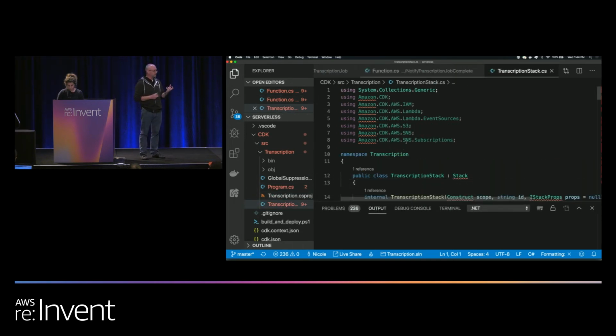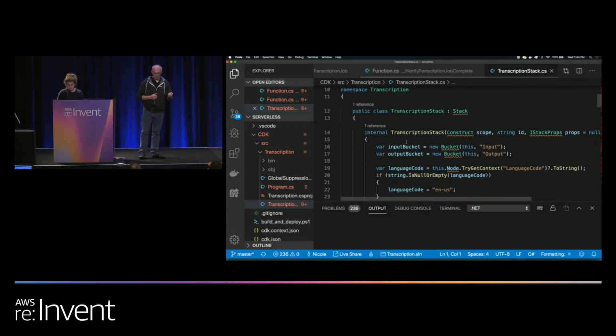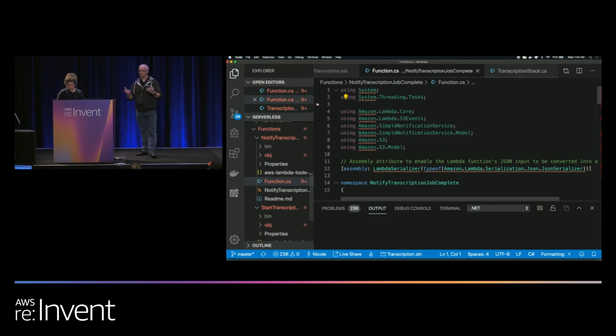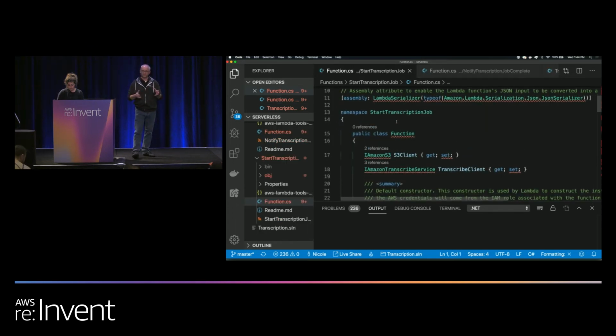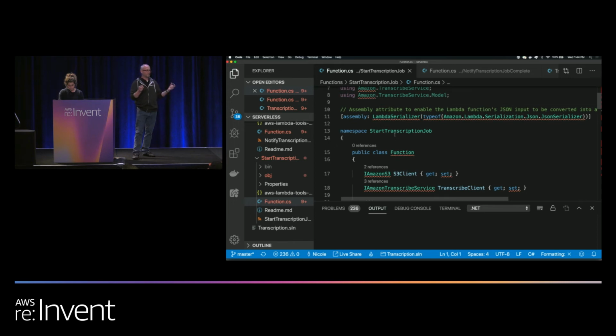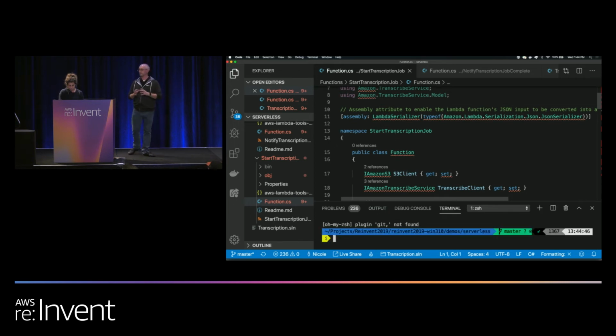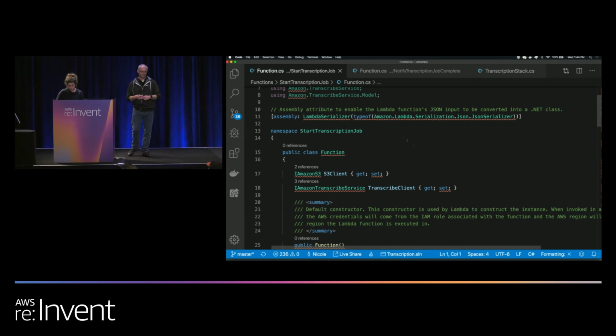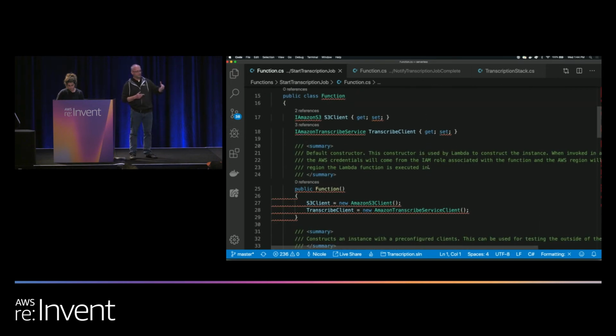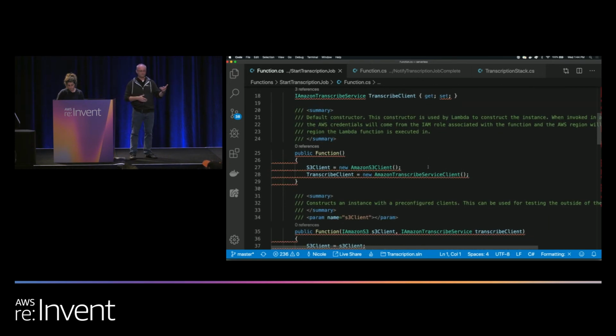But the way it works is we have 2 Lambda functions and 2 buckets. When you use Transcribe, it takes an input bucket where you put the input audio or video, and there is a real-world scenario for this, right? Adding closed captioning on videos. So this is not just playing around. It also takes an output bucket where it's going to write a JSON file, which is the actual transcribed text from that